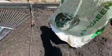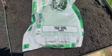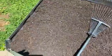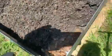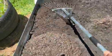Now this is the topsoil that I've poured in here. So this is the topsoil I've poured on this side already. So this is what I'm going to see. That is a leaf right there. That is a leaf. So I'm going to cover the leaves,